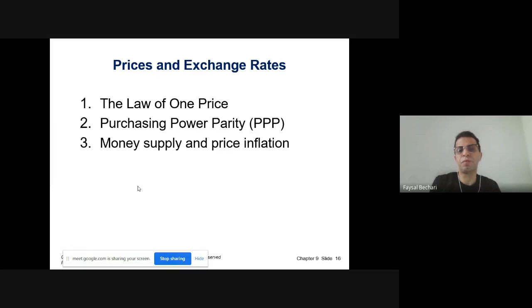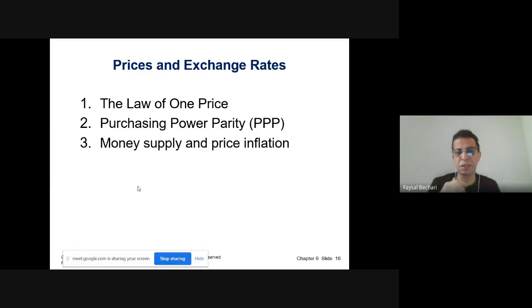Now, the price of exchange rate and the exchange: the law of one price, that some monies are stacked at one price, so there is one price for it. The second thing, the purchasing power parities. So $1 in USA, how much you can buy with it versus that dollar in India, for example, or in Bangladesh. This is purchasing power parities.